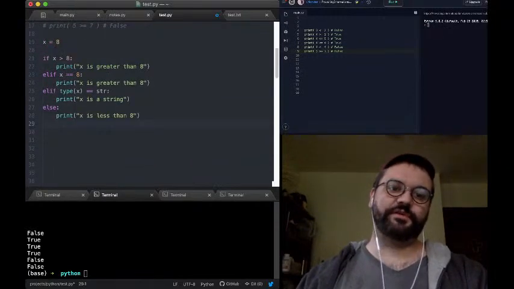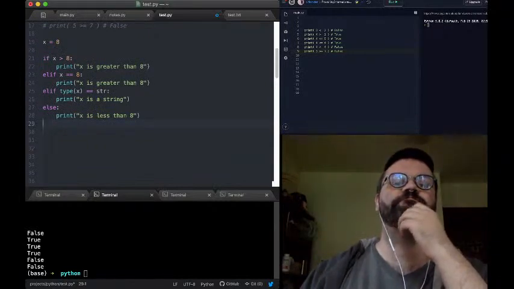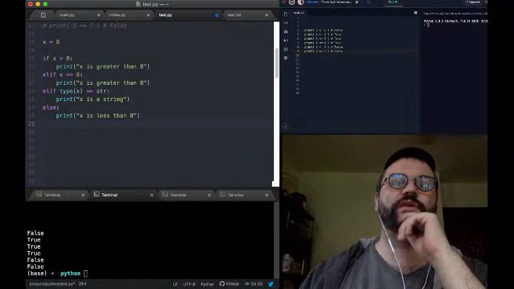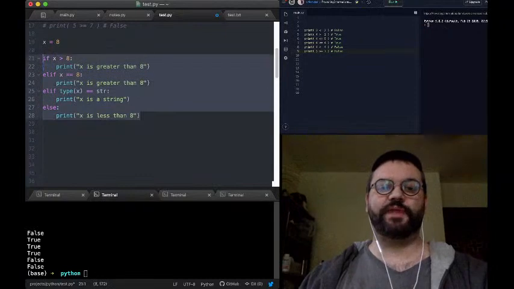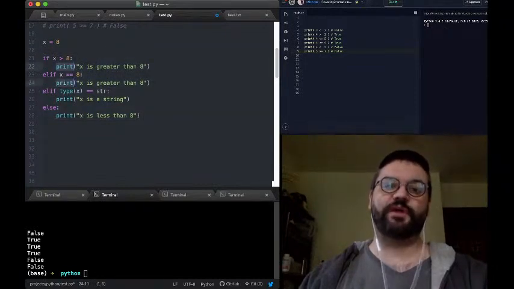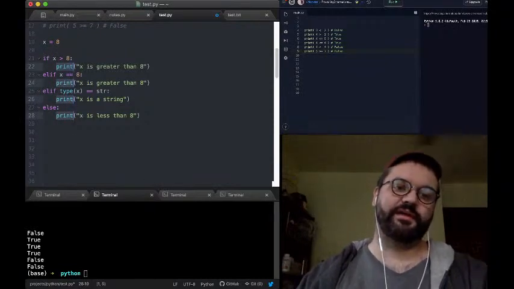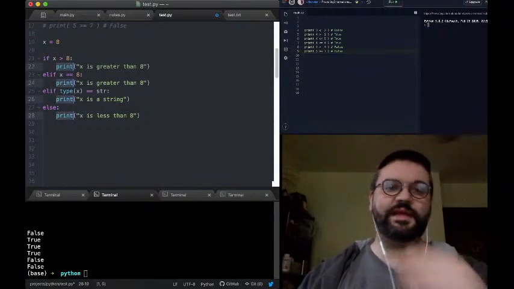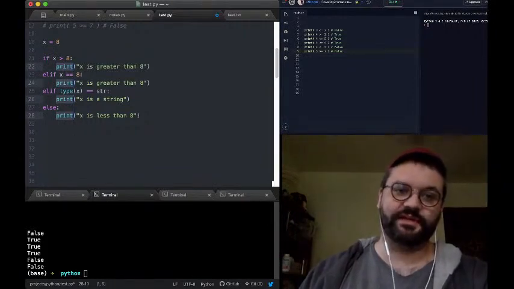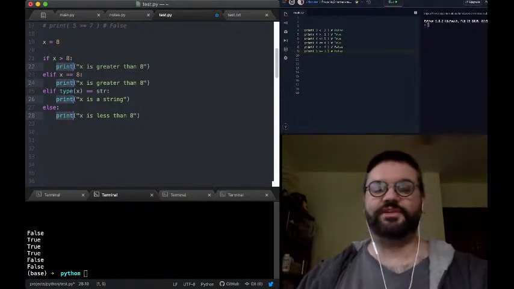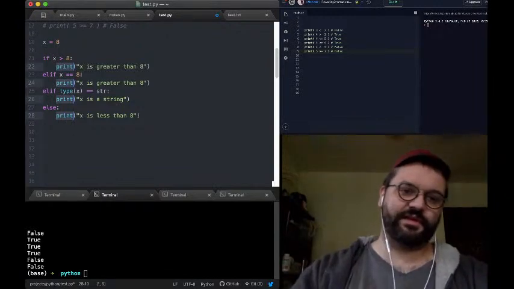So this is useful if you have a group of code blocks, and you only want to run one of them, right? You might be saying, well, why wouldn't I just use if x greater than 8, if x equal to 8, if type x equals string, and if x is less than 8? Why wouldn't you just use consecutive ifs? In this case, I think it would work the same, but let's do something like